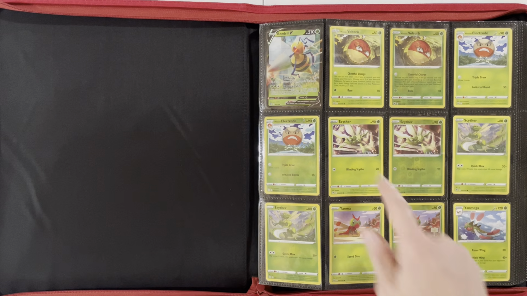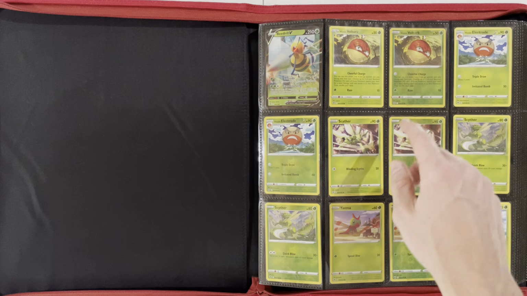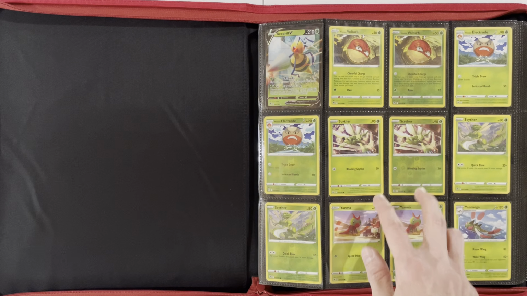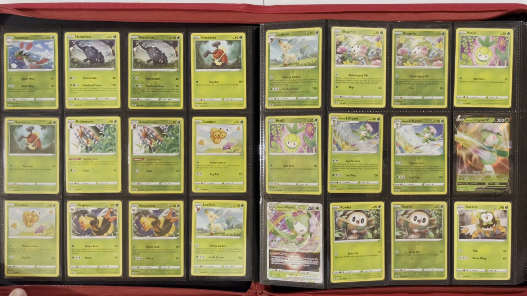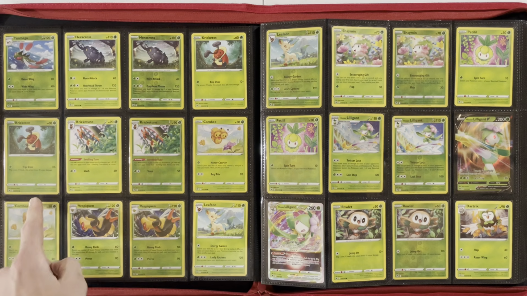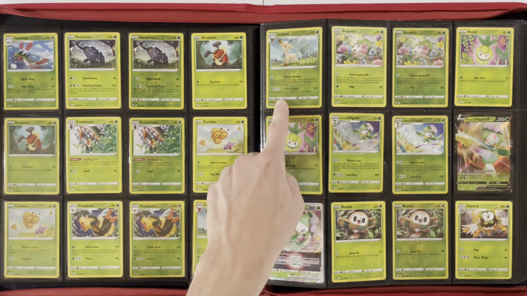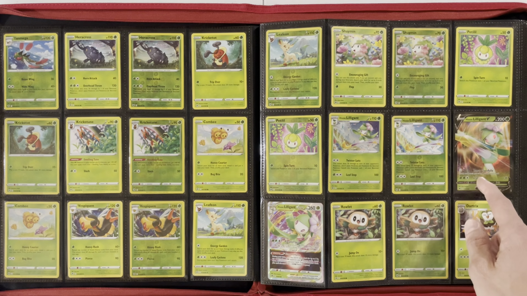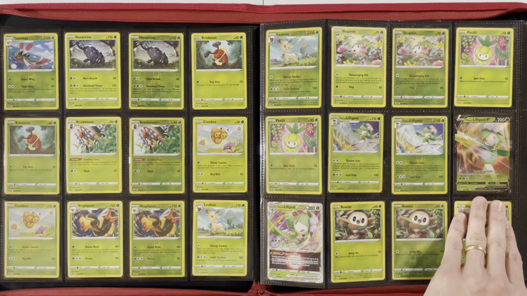So starting out here, Beedrill V, Hisuian Voltorb, and as I do with all the master sets that we have, I always put the reverse holo next to the normal common or uncommon or whatever it might be. So from there, Hisuian Electrode, Scyther, and another Scyther, Yanma, and Yanmega, Heracross, Kricketot, Kricketune, Combee, Vespiquen, Leafeon, Shaymin, Petilil, Hisuian Lilligant, Hisuian Lilligant V, and Hisuian Lilligant VSTAR, Rowlet, and Dartrix,